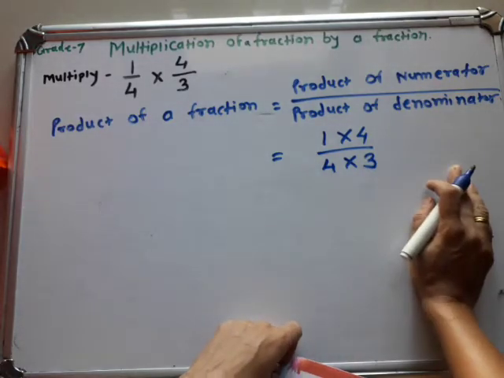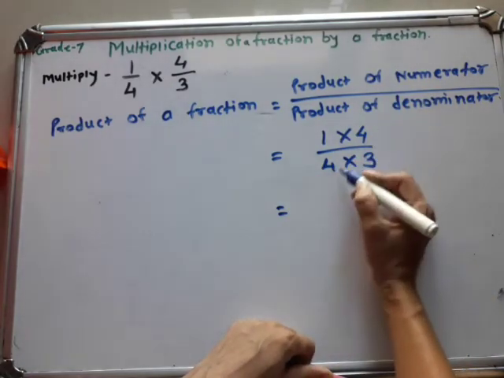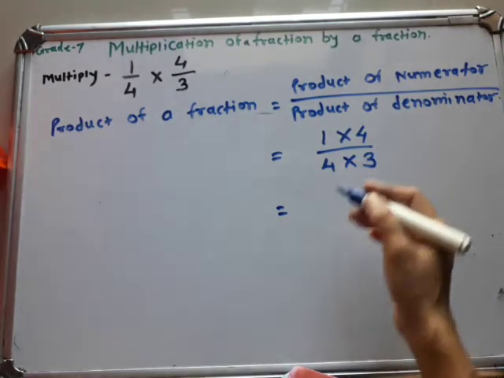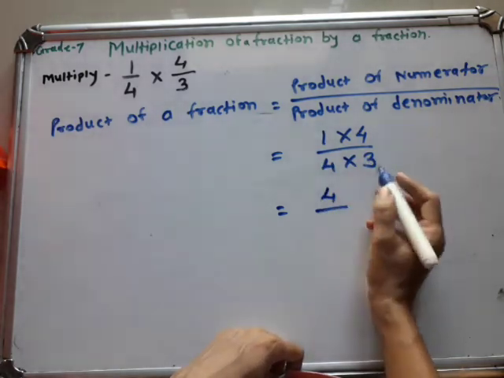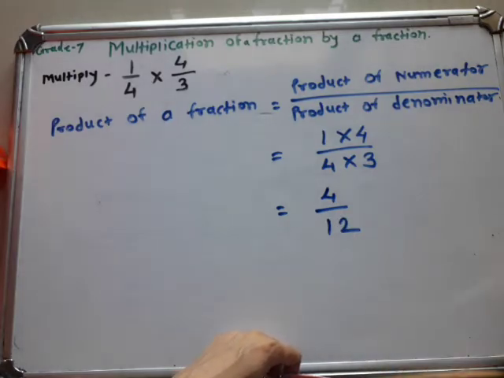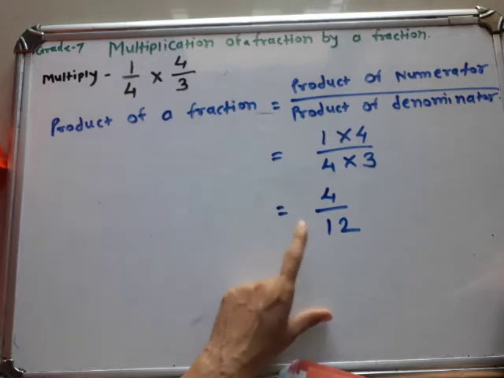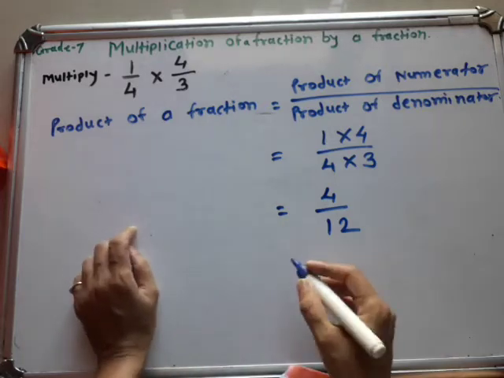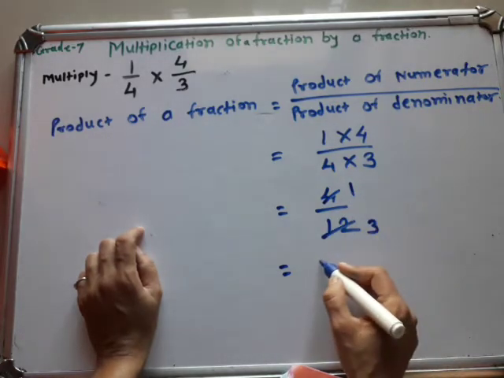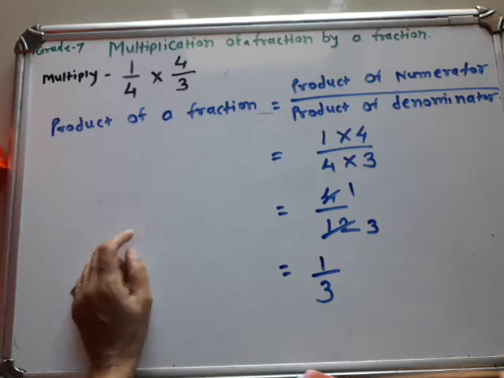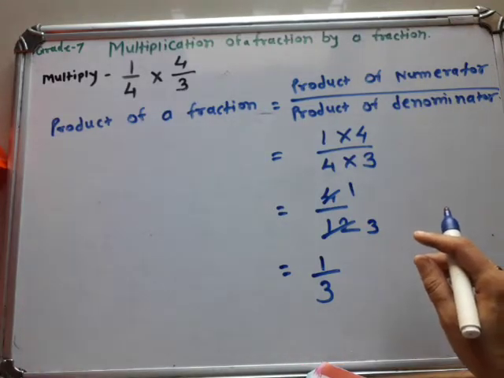See here, in this fraction, the 4 will be cut. Okay, so you have to solve this. 4 1s are 4 and 4 3s are 12. Okay, now you have to convert this fraction into lowest form. Okay, see here, this is 4 and this is 12. So how to convert: 4 1s are 4 and 4 3s are 12. So here we get the answer 1/3. Okay, see, this is your answer. In this way we solve the given questions.